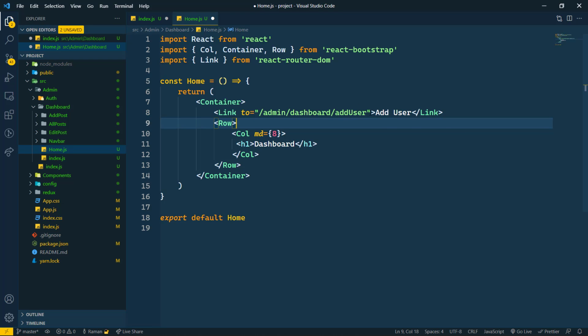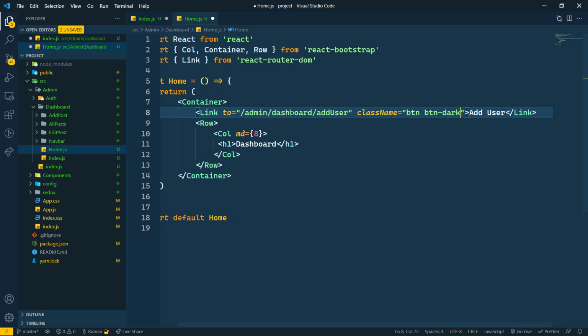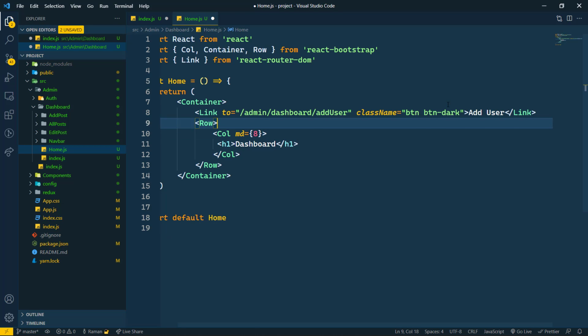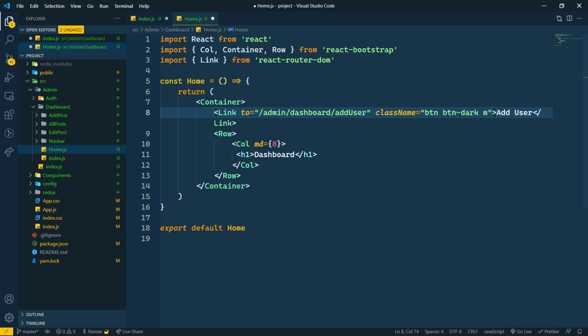And here let's create a class name, and its class name will be btn doc, like this. Let's create a column for this. Actually we don't need any column, and here I'm going to write margin left, margin start to auto.